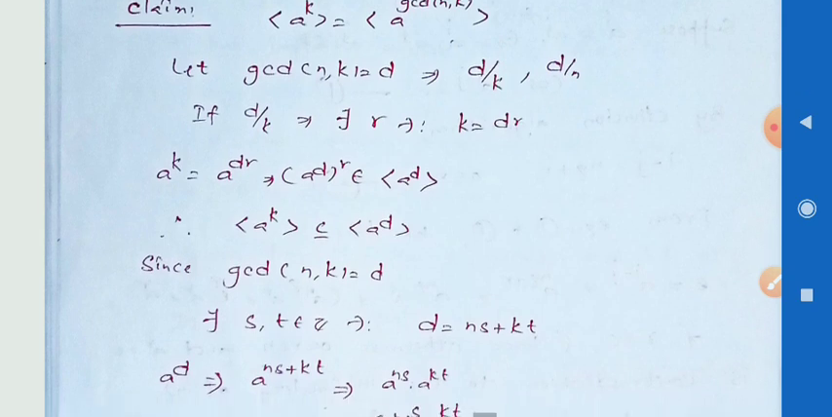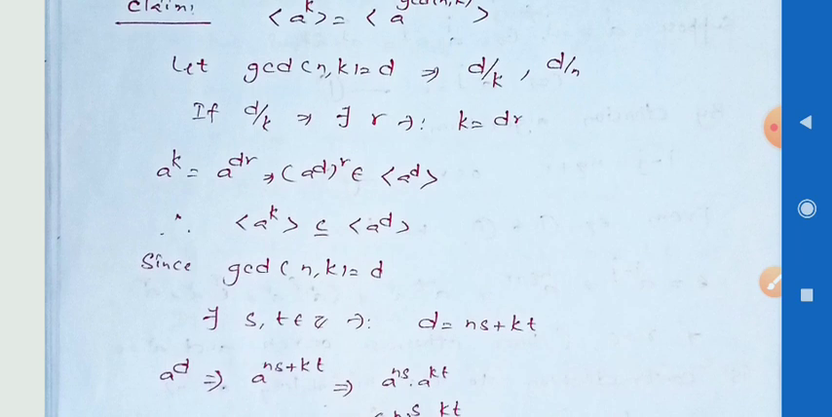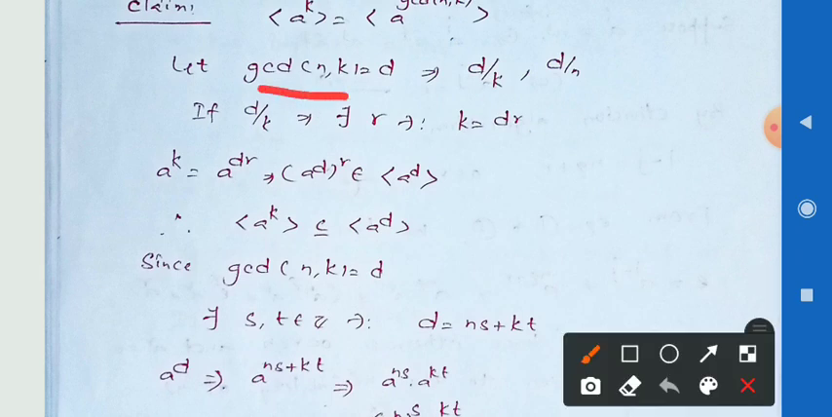Now the gcd of n comma k is equal to d. Then we can say that d divides k and d divides n, since the gcd of n comma k is d. Now if d divides k, then there exists an r such that